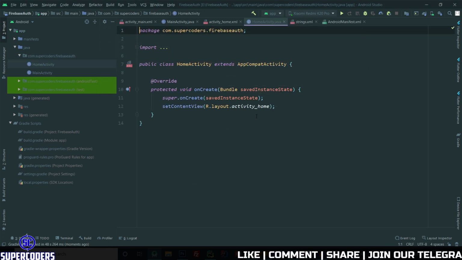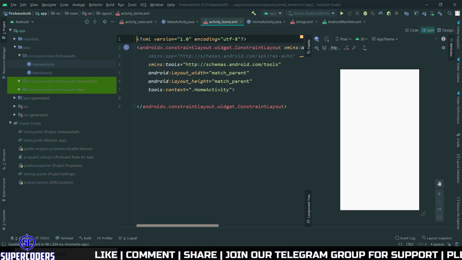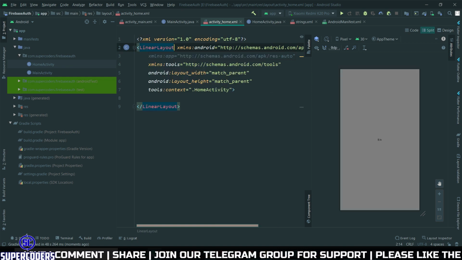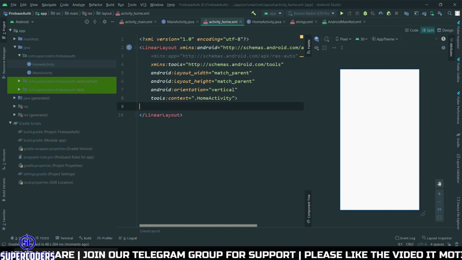Now in this page I am going to show the user details on the home page. So let's come to the layout file and add some layout. First a linear layout, orientation vertical.